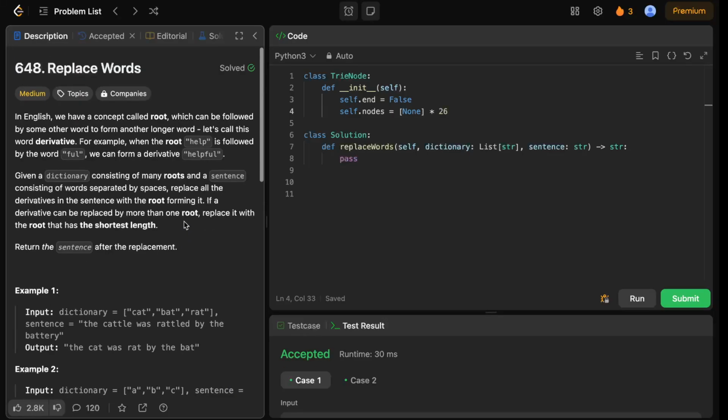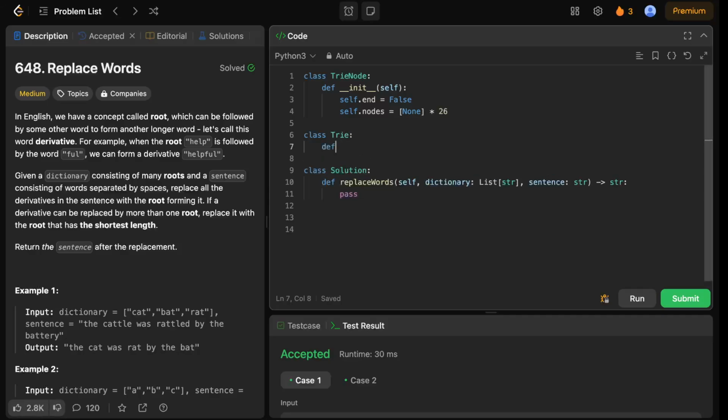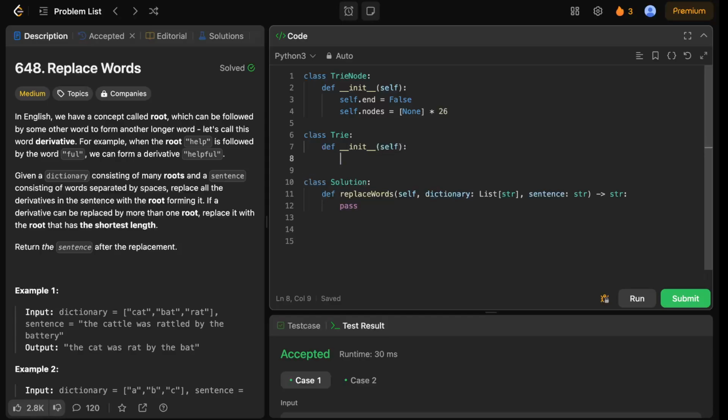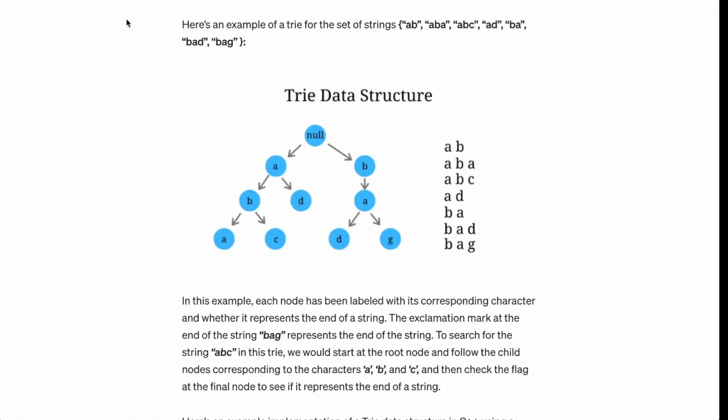Lowercase English letters. Okay, now we have the trie node. Now let's create the trie structure. So this is the actual tree, which we initialize simply with the root, and we initialize the root as nothing but the trie node. And that's it. And now we do need some helper functions to insert words. So we'll be inserting every word in the dictionary into this trie node to form this kind of a data